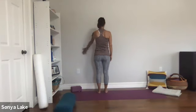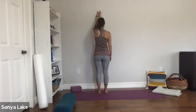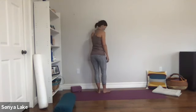So no movement in the rest of the body. And the last one, big inhale, big exhale. Okay. The next version of that is that you're going to put the other arm, your forearm, onto the wall,